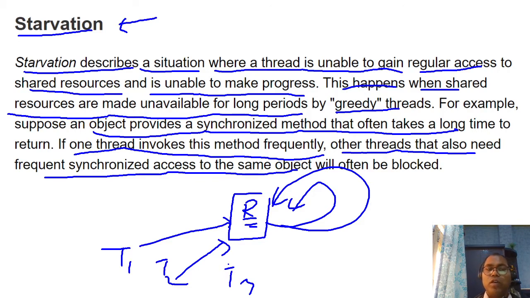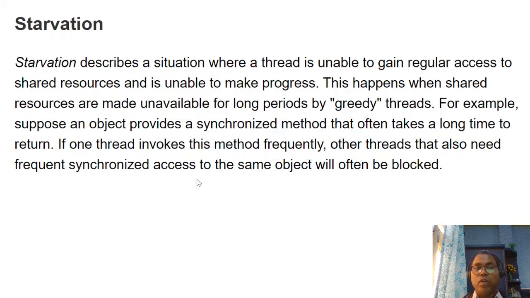So please ensure all your threads get a fair chance to access the shared resources. If this is a shared resource that can be accessed by thread 1, thread 2, and thread 3, then you have to ensure that threads 1, 2, and 3 all get a chance after some time. Sometimes you design methods in such a way that some threads are not releasing the lock early and other threads are waiting for it. This situation is known as starvation. So please ensure that when writing code, each thread gets a fair chance to access the shared resources.